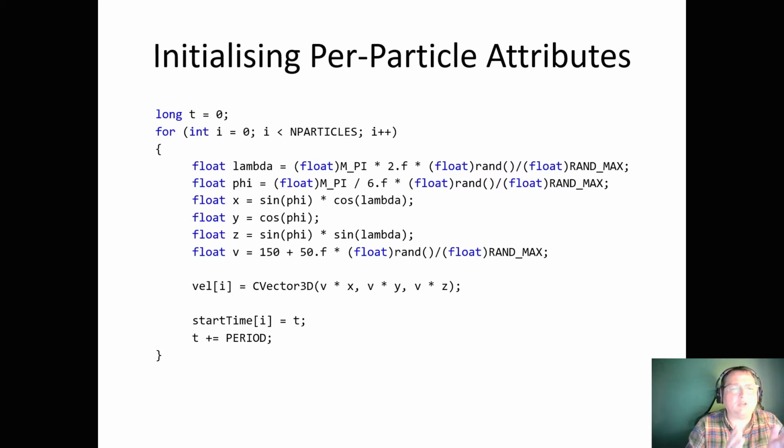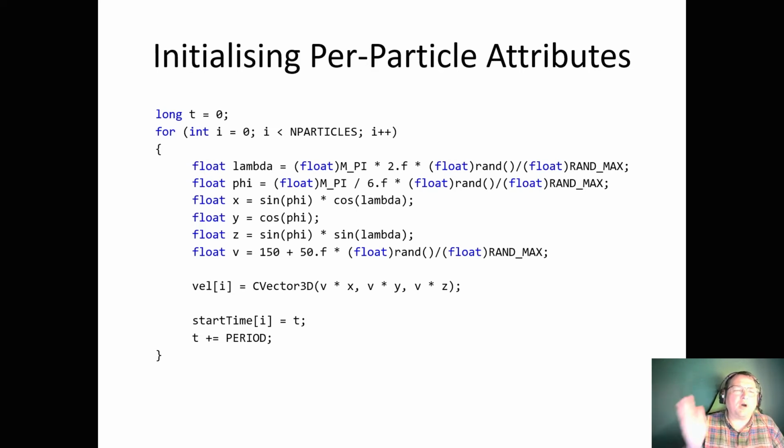It returns an integer value, an integer between 0 and rand max. Rand max is usually, if I remember well, 32,000 something. So to get a random value between 0 and 1, which may be a nice thing to have if we are thinking about continuous subset of random values, you would want to divide the value of random function rand by randmax. So rand by randmax, with proper casting of the integer to float, will give you a floating point random value